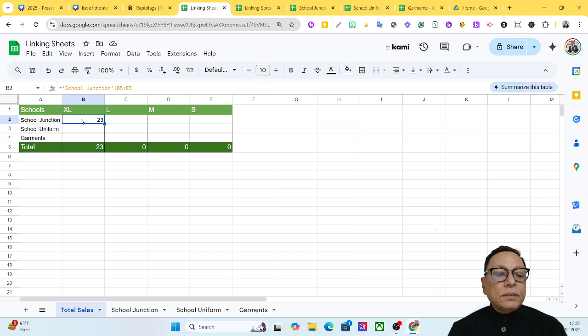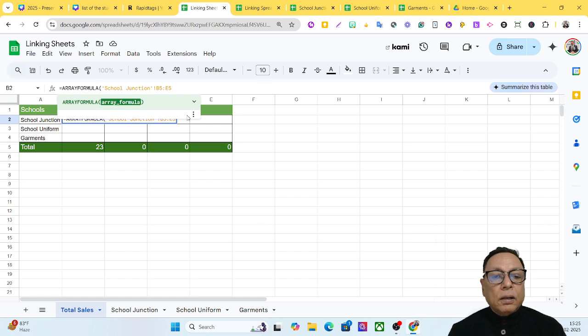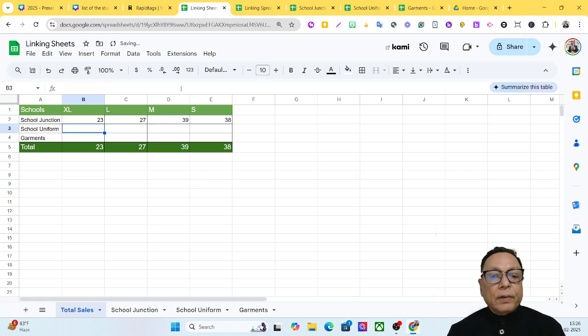B5 to E5, this is actually if I apply array formula here, then the formula will spread all the values in all four columns like this. Similarly, if I take the data from a school uniform outlet,